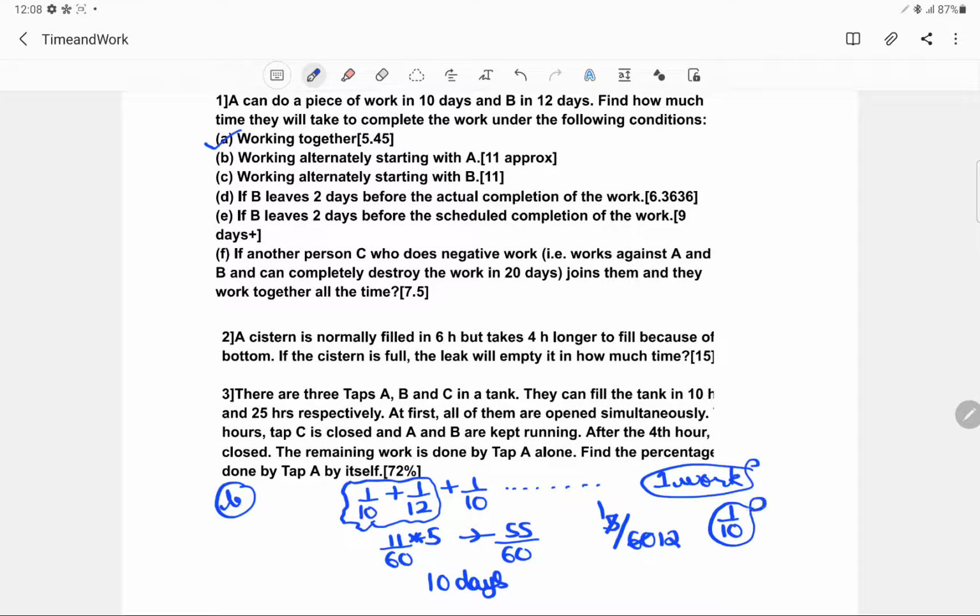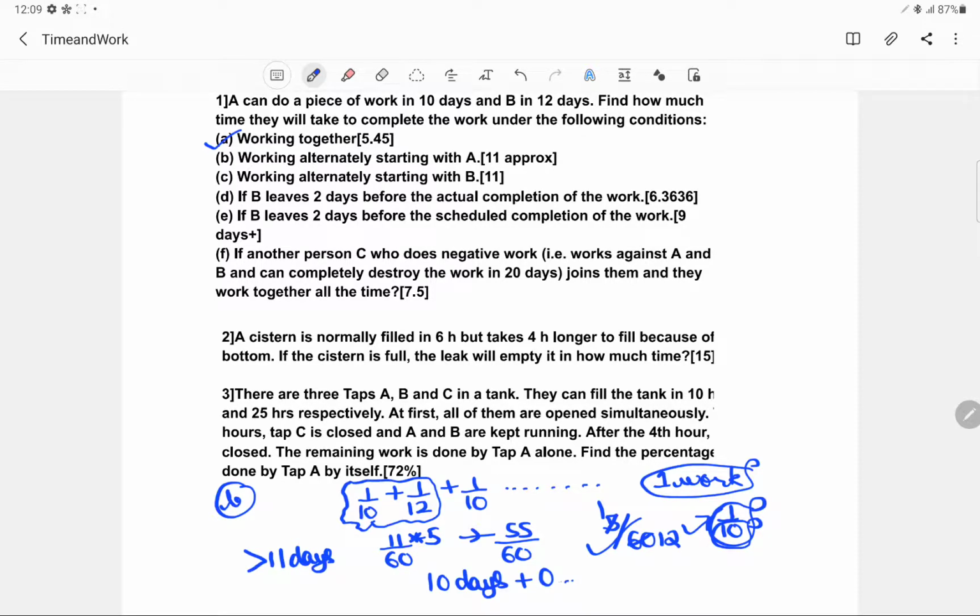So see this, if he has to do 1 by 12 work, and on the entire day he can do 1 by 10, okay, just try and see this. The entire day he can do 1 by 10. So obviously he would not take that entire 11th day. So this would be 0 point something something, but not 1. So this would be in less than 11 days. In less than 11 days they would end up.